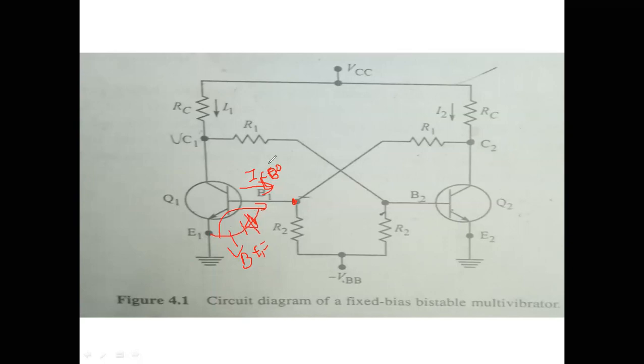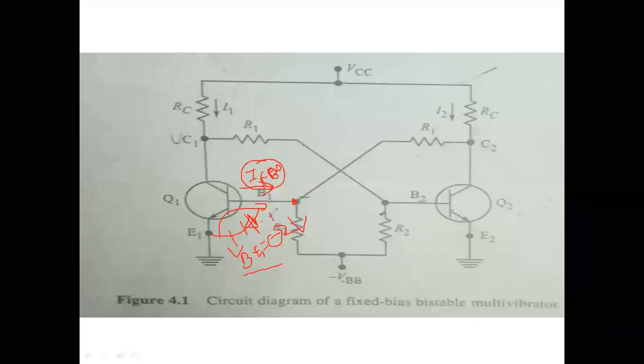Because this current is temperature dependent, it will change from time to time. Therefore instead of assuming the current, assume the voltage. I may assume this voltage as -2 volts. Why am I taking it as -2 volts? Because -2 volts means it is in reverse bias, and for the transistor this junction has to be reverse biased.